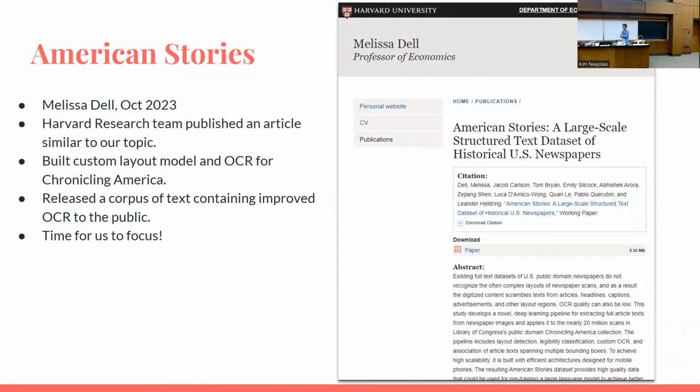So they built a custom layout model like us, and then they built a custom OCR engine as well, and then they retranscribed all of Chronicling America and uploaded that corpus of improved OCR text to the public. When we read this, it was a little disheartening because now it feels like there are a lot of eyes on our research topic. So it feels like we need to focus and secure a topic for publication, which isn't a great feeling, but